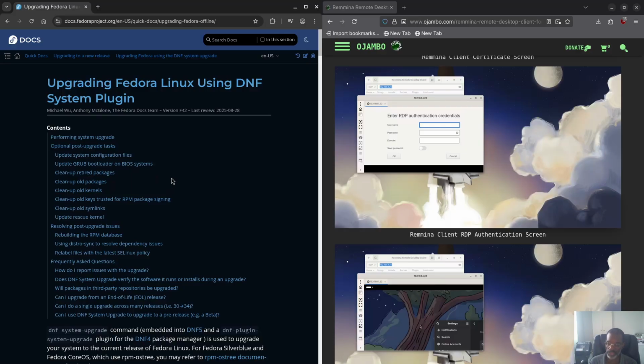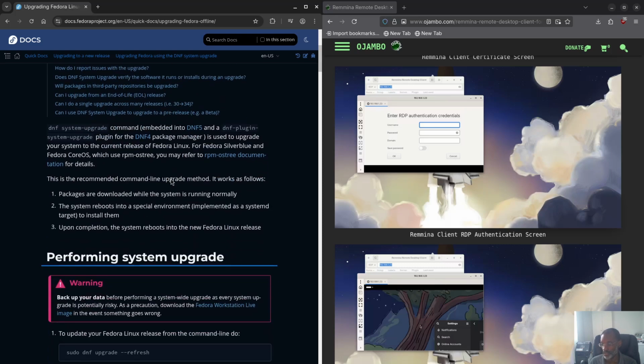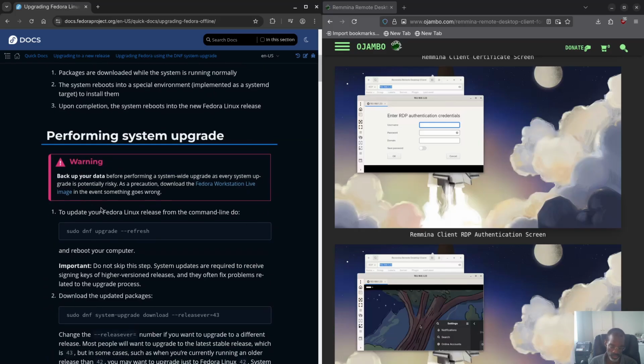So this information here is also pretty good if you're running a server, meaning you don't have a display, if you're running, say, SSH. So what you can do is obviously make backups. Now the laptop, I said, doesn't have anything important on it, so I can do stuff like this. So you see, they always tell you to run this sudo dnf upgrade --refresh. What this is going to do is download all the system updates, and then